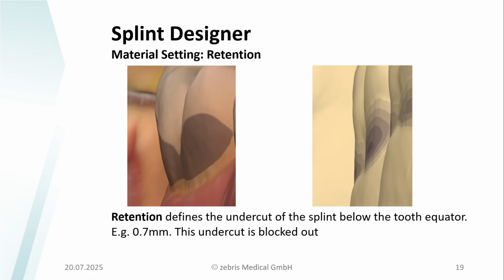In the software, we have the visualization in the insert direction here on the right side with this gray-brown shadow, where you see where of the teeth we would have an undercut with this insert direction. And on the step where we define the outline of the splint, we have a more detailed view of this undercut, and we see how deep is the block out of my teeth in the software, and I can follow the line for my outline of the splint.